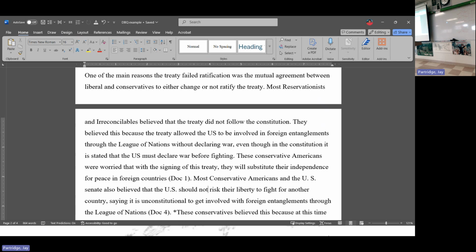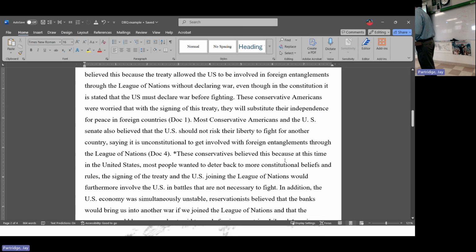One or 2 sentences. Just like a short ID. Remember short ID. You start with an explanation. And then what are your examples? There comes your 2 documents. Here, this shows that conservative point of view. And then Doc 4 shows that you're irreconcilable, with a very good half. Explains the fear of foreign entanglements.